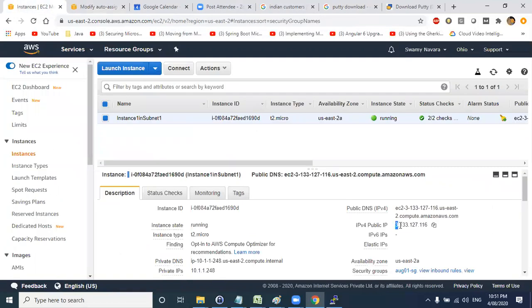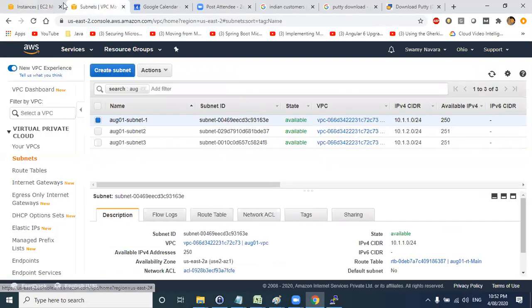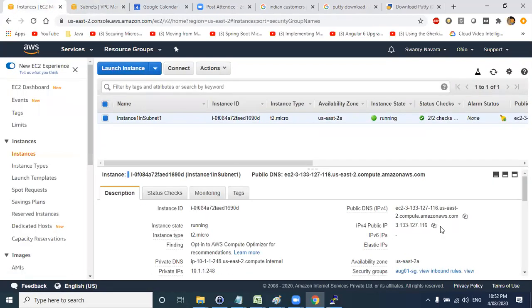That is to show this one. If you don't enable both options after creating your VPC or subnets, many people will not see this. That's what many students ask: sir, I have already created the EC2 instance, but I cannot see the public DNS or IPv4. That's because we have not modified the settings after creating the subnet and VPC. So just keep this in mind.